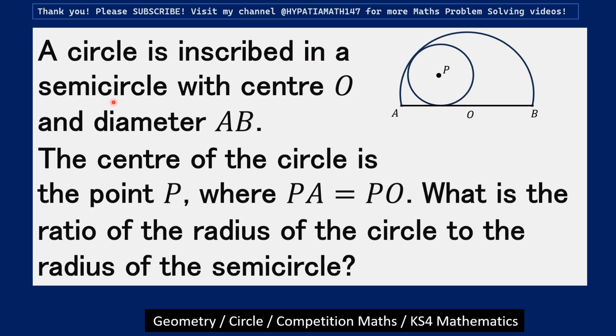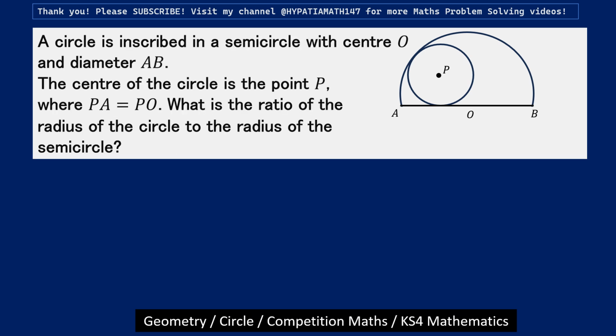A circle is inscribed in a semicircle with center O and diameter AB. The center of the circle is a point P where PA equals PO. What is the ratio of the radius of the circle to the radius of the semicircle? So the radius of the semicircle, right? Okay, so now that's what